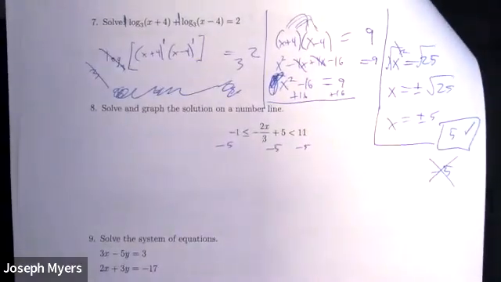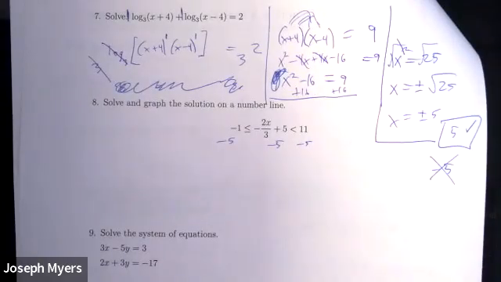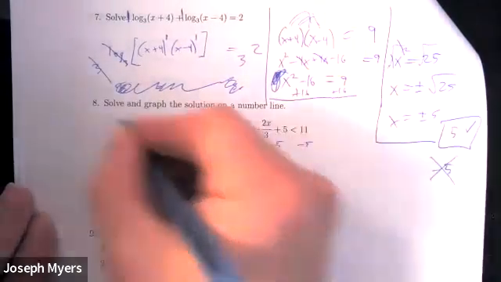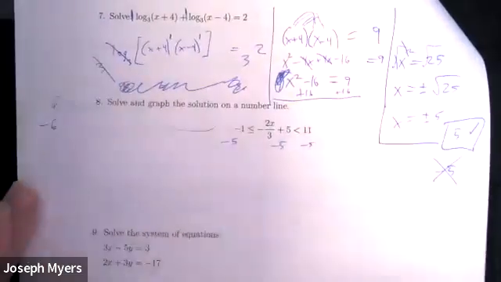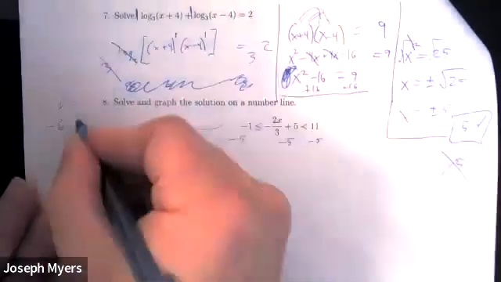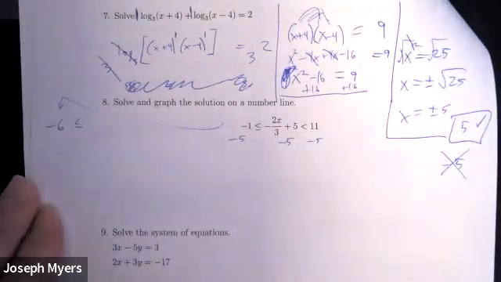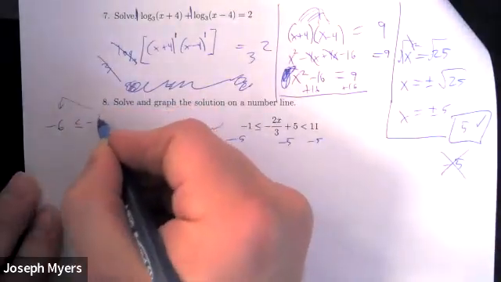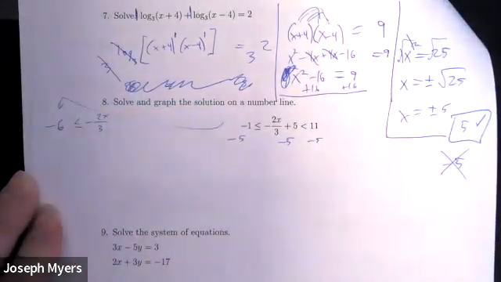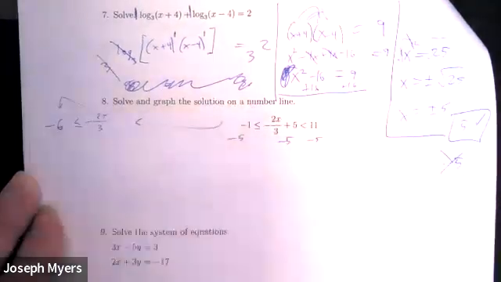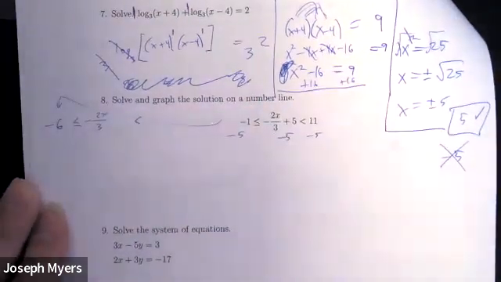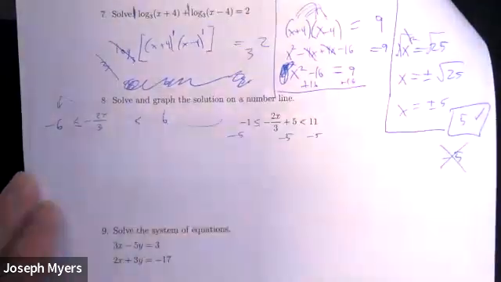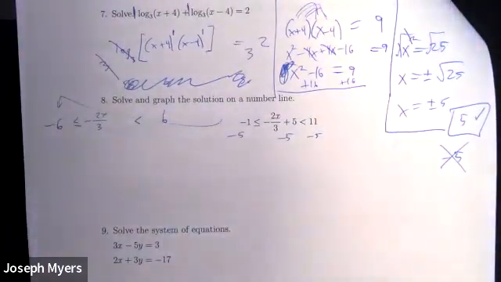And then who knows what negative 1 take away 5 is? Yep, negative 6. And then less than or equal to negative 2x over 3. And then plus 5 minus 5 is nothing, right? So we have nothing there. What's 11 take away 5? So we have 6 on that side. Now the next thing we need to get rid of